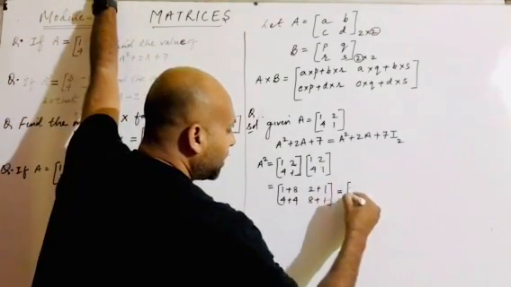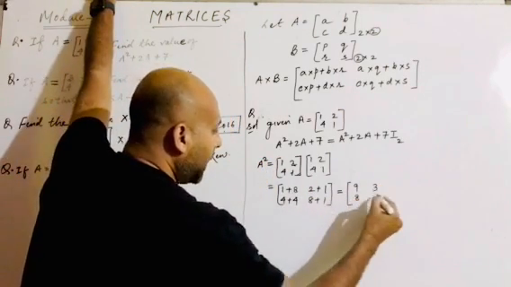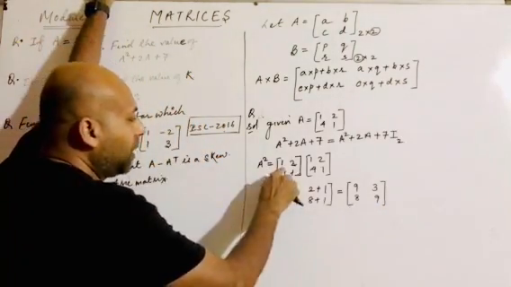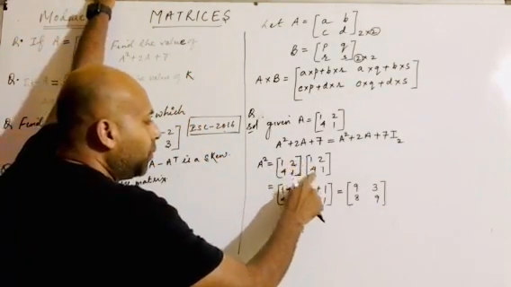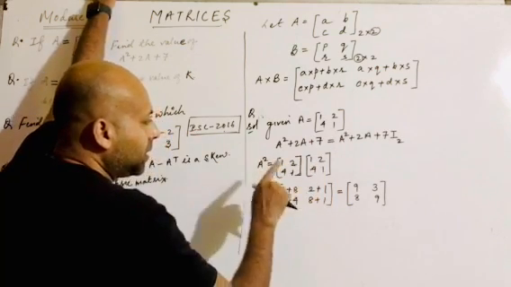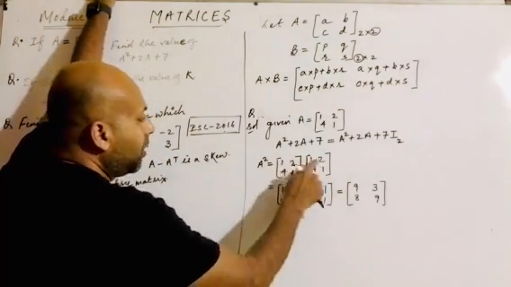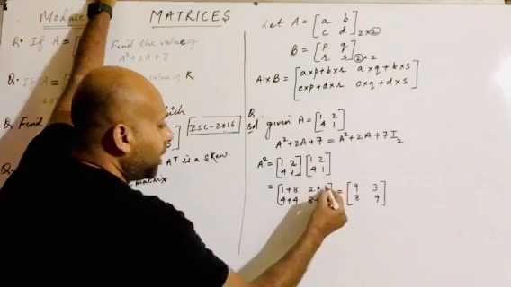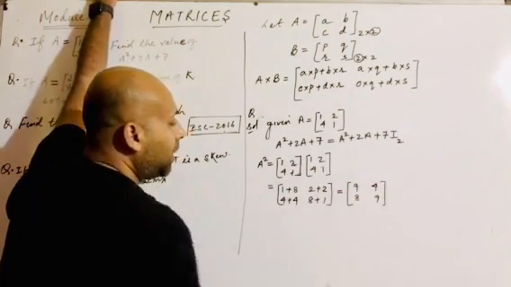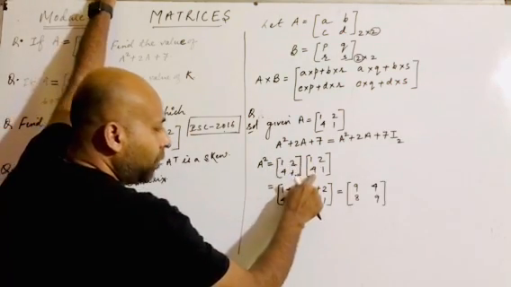Let me check here. This is 8 plus 1, 9. 4 plus 2, 2 plus 1, it is 3, 4 plus 4, 8, and then it is 8 plus 1, again 9. Let me check whether I have done it correctly or not. This 1 will be multiplied to 1, plus 2 into 4 is 8. That's correct. Then there is a mistake here. The first row will be multiplied to the second column. So 1 will be multiplied to 2 is 2, and then 2 will be multiplied to 1, so this will also be 2. So this will be equal to 4. Am I clear or not? So again you have to do a cross check. 1 into 1 is 1. Then 2 into 4 is 8.